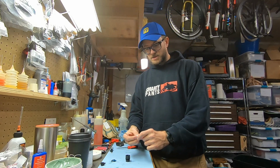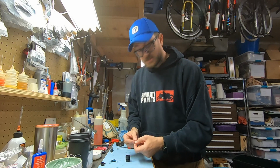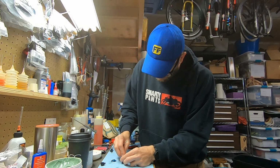Now, this is a directional U-cup seal. If you put it in backwards, it won't work. That's one nice thing about just replacing the seal head, you don't have to worry about that. RockShox has done the work for you. But pop that in,